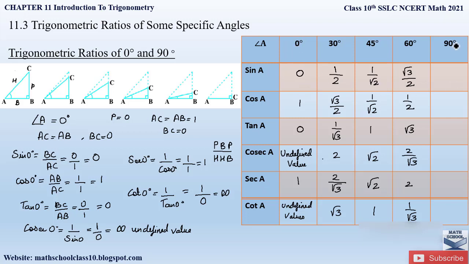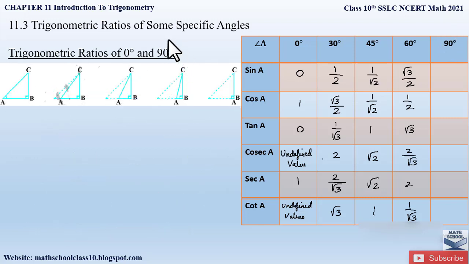Now similarly we will make angle A equal to 90 degrees to determine the trigonometric ratios for the 90 degree angle. Now coming to the trigonometric ratios for the 90 degree angle, again consider a triangle ABC, which is a right angle triangle. Now we will make angle A equal to 90 degrees by making this angle A larger and larger. Here in the first picture, angle A is at 45 degrees, then it increases to become a 60 degree angle, then 70 degrees, then 80 degrees, and at last it becomes a